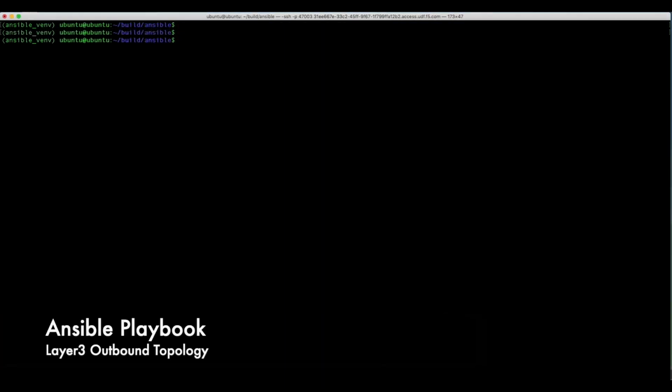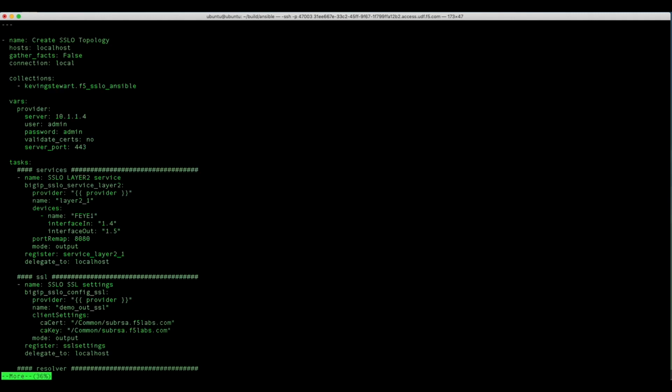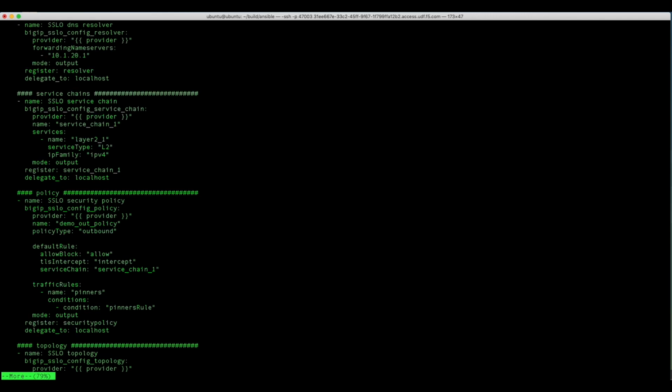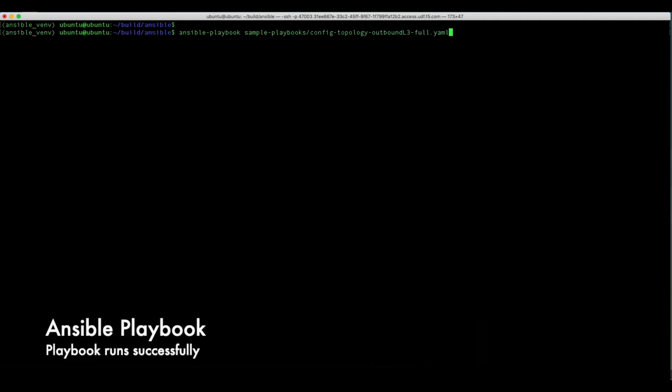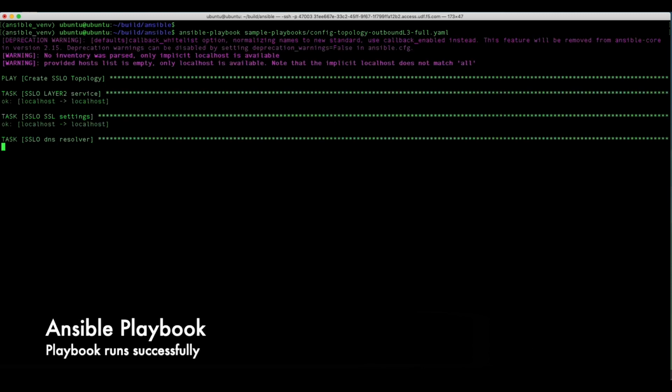So we're going to navigate over to our Ansible playbooks. We're going to do a walk through of our Ansible playbooks, and you'll see that it basically configures all of the necessary information for the topology automatically so that you don't have to go about hunting and pecking, clicking through the information to get it. So we're going to run this playbook. And once it successfully runs,